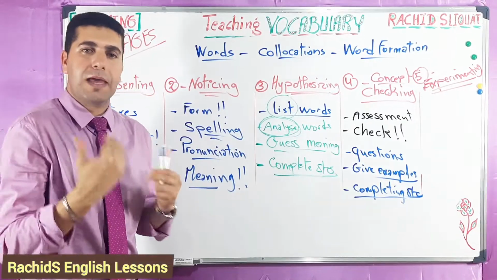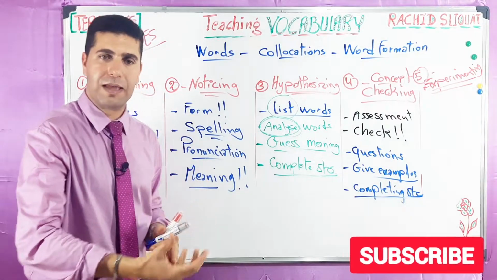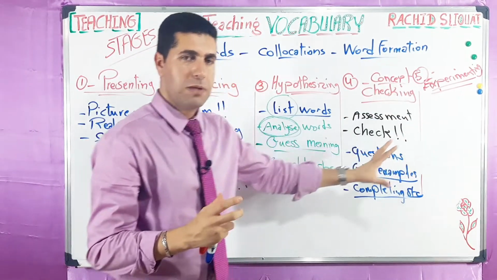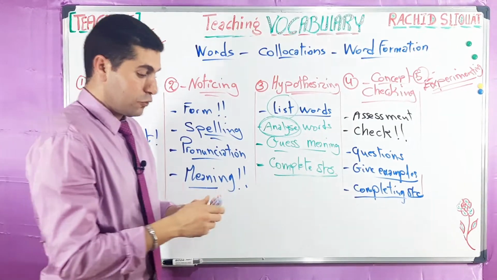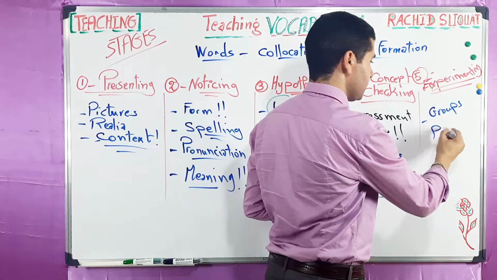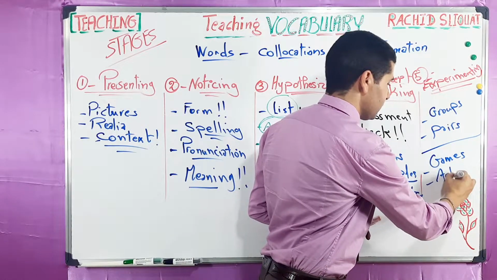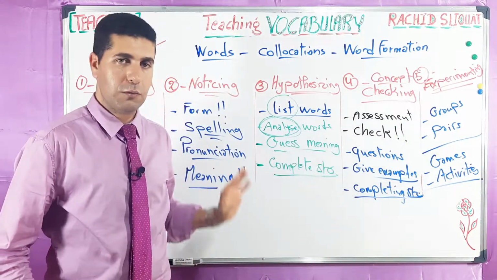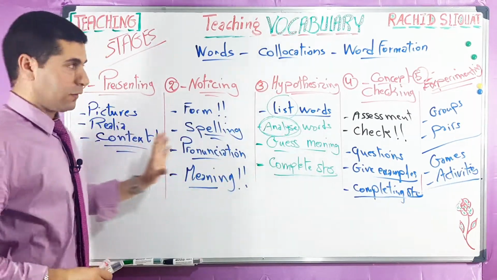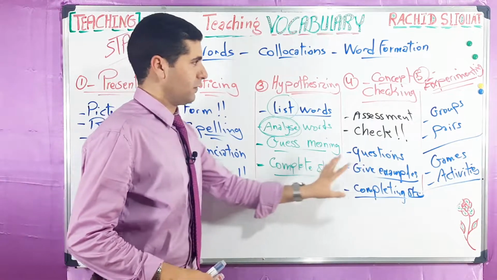So you provide them with other material, different pictures, a different text, a different dialogue, etc., and students work on that. You can do this in the form of groups or pairs, for instance. You can use some kind of games or activities. So this is what we do in experimenting, the last phase. These are the most common phases we can go through to teach vocabulary: presenting, noticing, hypothesizing, concept checking,